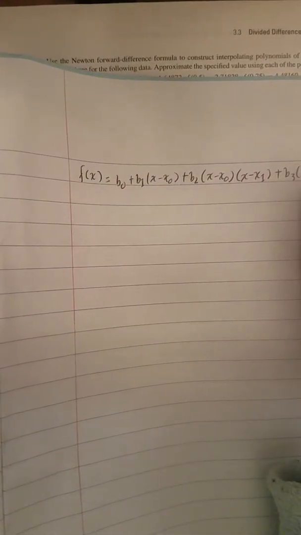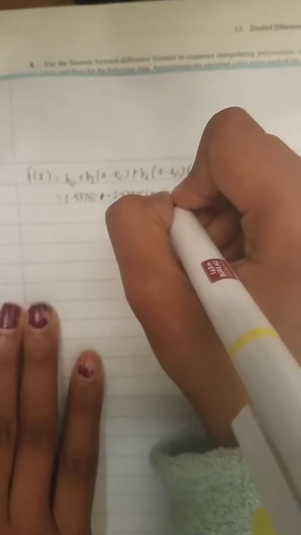So if there was b4, then we would have stopped at x3, but it's b3, so we'll stop at x2. So b naught we'd already found out was 1.93750 plus b1 is negative, so minus 2.421888 x minus our x naught was negative 0.5, so this will be positive 0.5, and then this will be